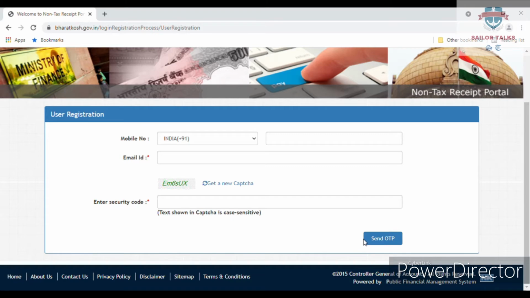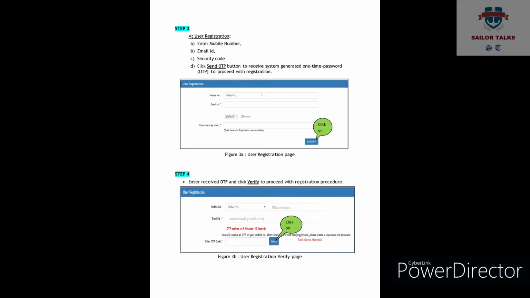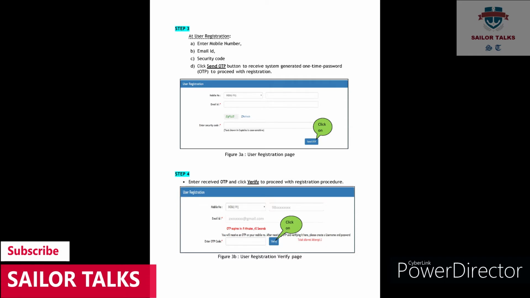After you click on send OTP, you will get a new window like this. In this window, you put the OTP, then click on verify.